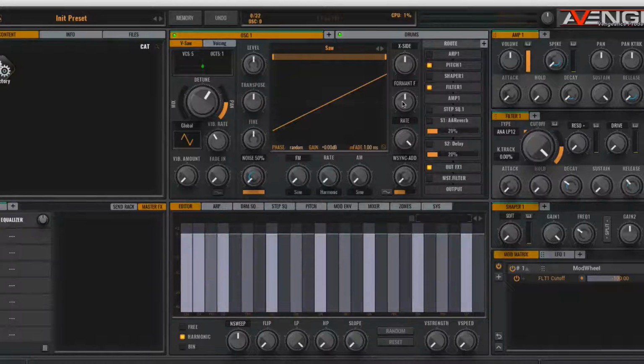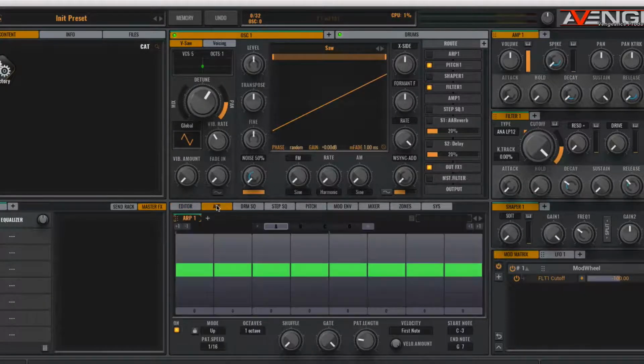So now let's look at the arpeggiator, and if I switch to the section now, you can see we can create multiple arpeggiators just like we can everything else. So there's loads of scope for creating sort of multi-rhythmic patches. Starting off with just one arp though, if I route the oscillator to it,